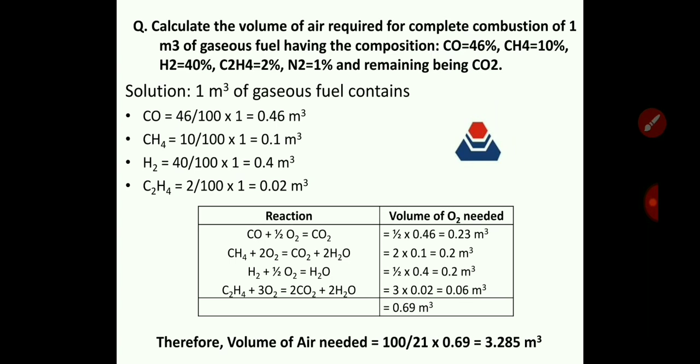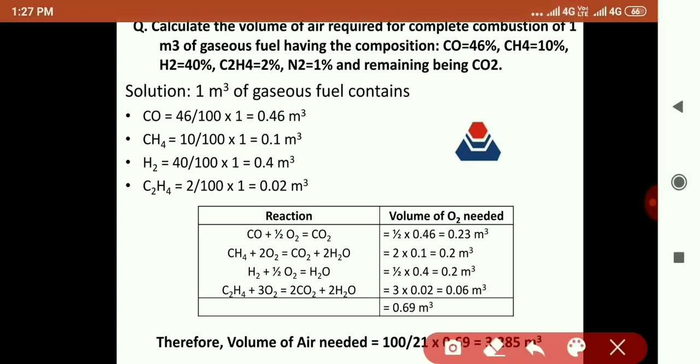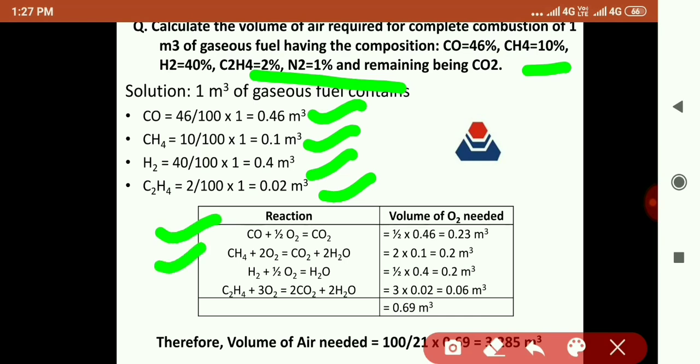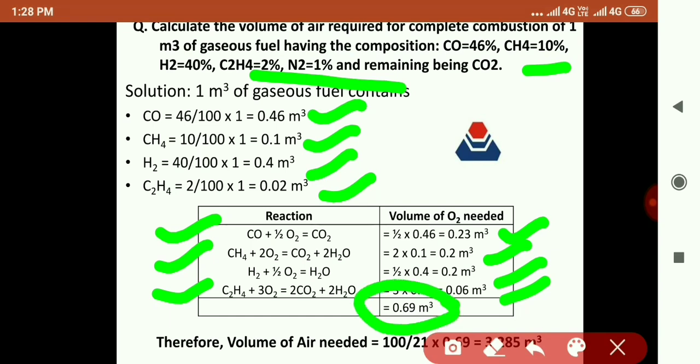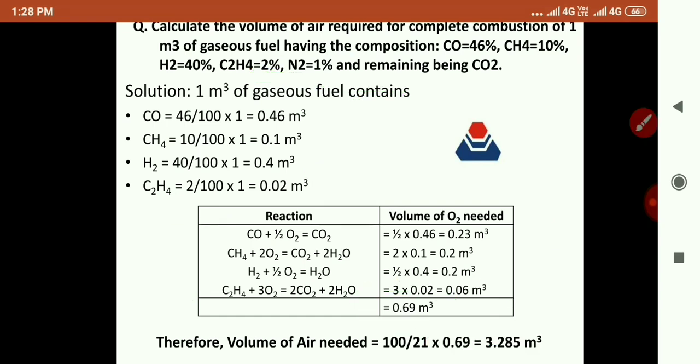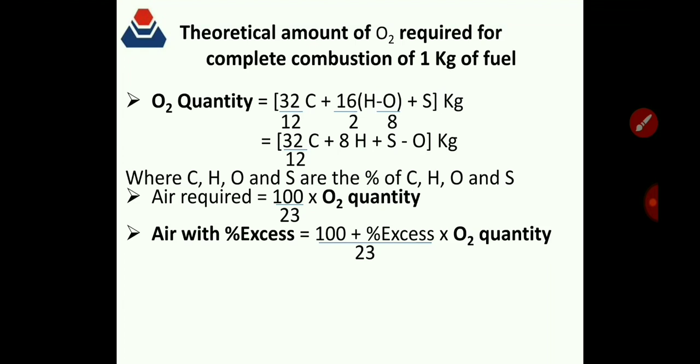सो अगेन आई एम रिपीटिंग, 1 मीटर क्यूब फ्यूल दिया था, 1 मीटर क्यूब फ्यूल में कितने इसकी क्वांटिटी होगी ये हमने निकाल लिया। ये बैलेंस रिएक्शंस लिखी और इसमें देखा कितने वॉल्यूम ऑफ ऑक्सीजन रिक्वायर्ड है। वॉल्यूम ऑफ ऑक्सीजन रिक्वायर्ड को यहाँ पर लिखकर मैंने हर क्वांटिटी से मल्टीप्लाई किया है, जिससे उसका वॉल्यूम ऑफ ऑक्सीजन नीडेड आ गया, हर गैस का टोटल ले लिया और टोटल को 100/21 से मल्टीप्लाई कर दिया। सो इन दिस वे वी गेट द वॉल्यूम ऑफ एयर नीडेड।